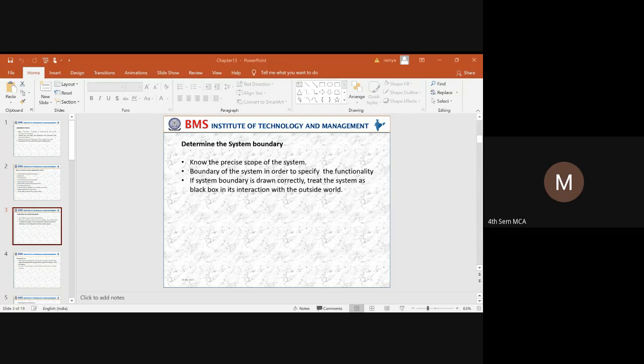Say, for example, there is an app to calculate the EMI for a particular user. He is giving his data: how much loan he has taken and how much he needs to repay per year. For that there is an app, a loan repayment app. When he provides the details, what is the principal amount and what is the time duration he has taken, so per year he wants to calculate the EMI.